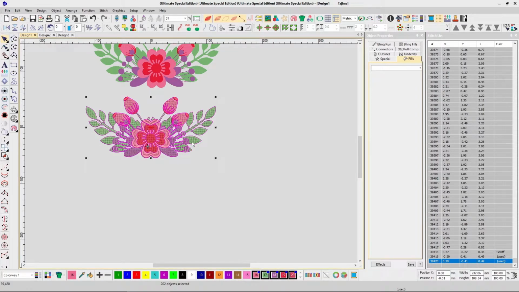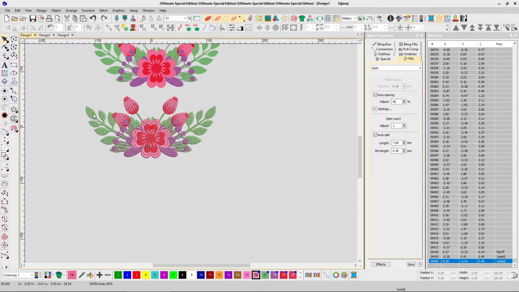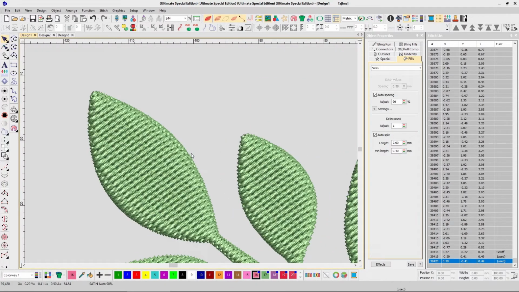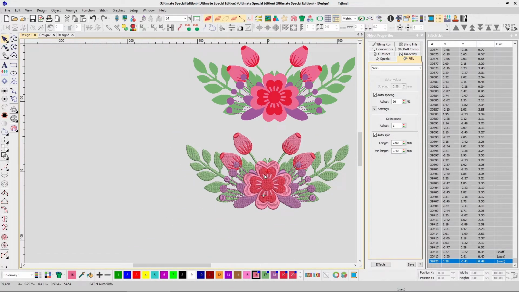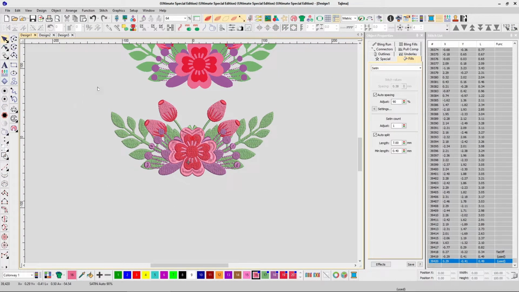Probably it will come down to about 16,000 or 15,000 stitches, because that is the most important task of an embroidery digitizer, to bring down the number of stitches as low as possible, so that it doesn't damage the fabric and it doesn't take a lot of raw materials, both in terms of thread consumed as well as time consumed. But still, even 16,000 stitches means 16,000 divided by 500. So it is still a very time consuming process.